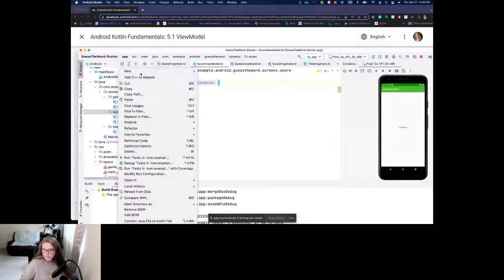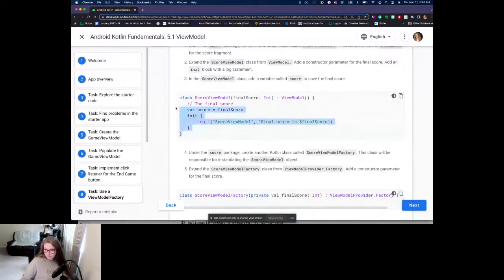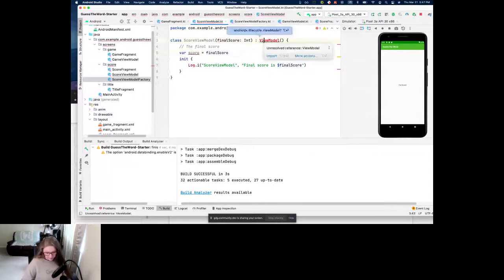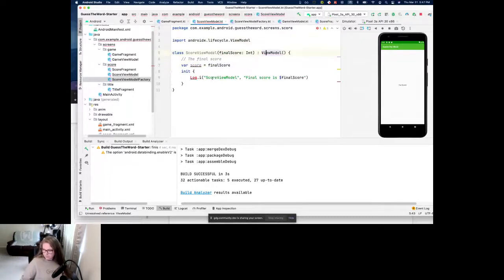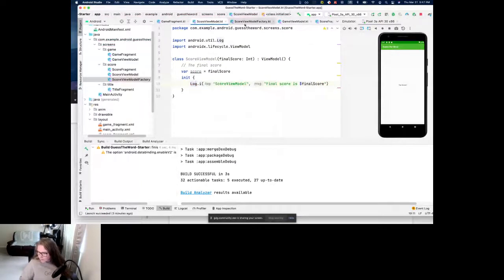So the view model is just like I had before. We've got an init method. It's got our score. That's going to show us our final score. And that's going to be my view model. Notice this is inheriting from view model again, so that means it is a view model. And we'll import my log. So this is just a basic view model. It's holding on to the score so that I'll be able to display it when I display my final score. The next piece is that factory. So let's